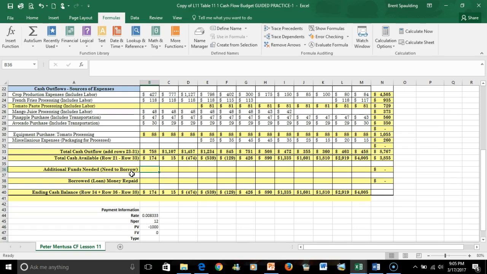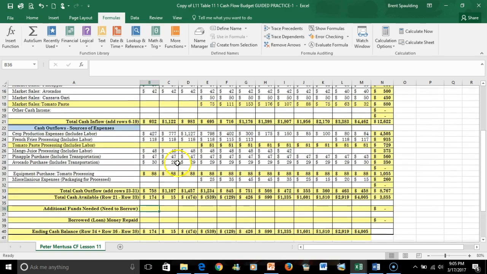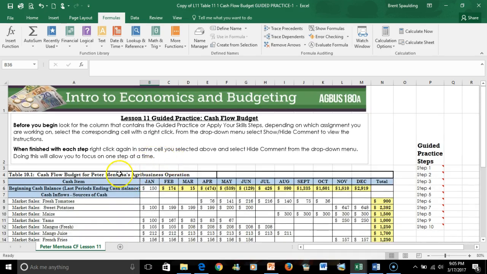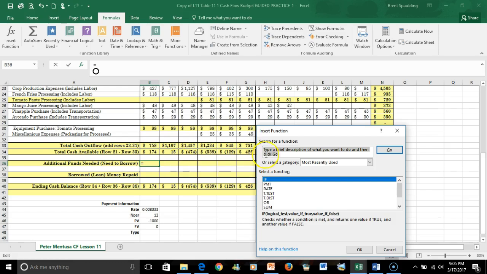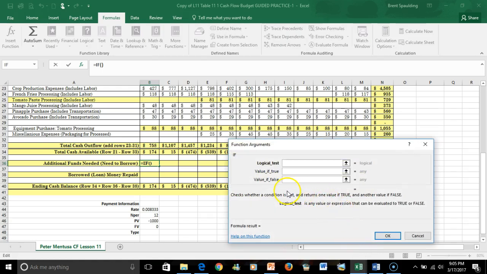Okay, we're going to click on cell B36, and then we go up to the top, and where we see the functions, I need to click on the function, and then right here we're looking for the if function, and so we'll just simply go ahead and type in if right there, and then this is where we need to have that one bullet added. We're going to click on go, and then we'll click on OK,